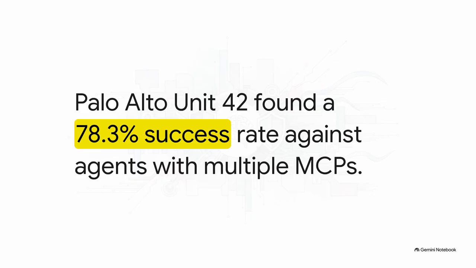This is a crucial piece of the puzzle. The more MCP servers an agent is connected to, the wider its attack surface becomes. Attackers use cross-tool chaining to reach an unsafe outcome. It's like a puzzle for them, using one seemingly safe tool to read a file and another totally separate tool to email it out to themselves.